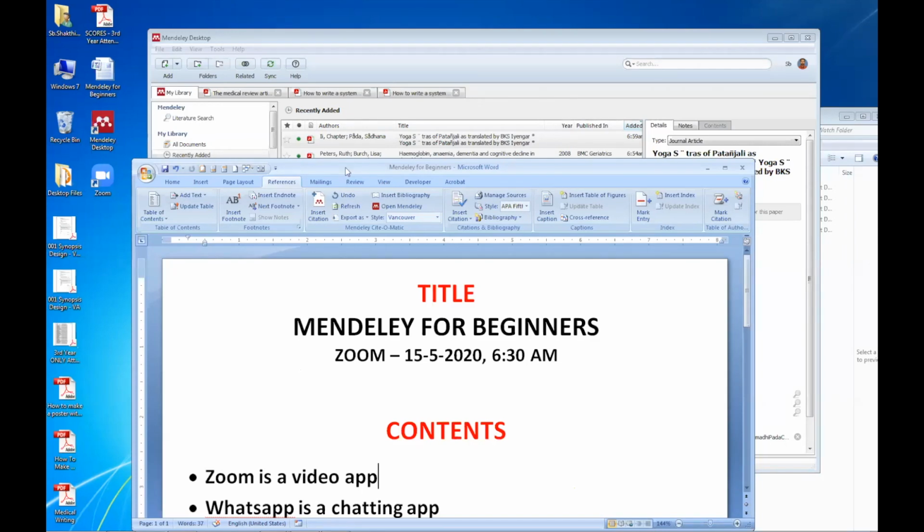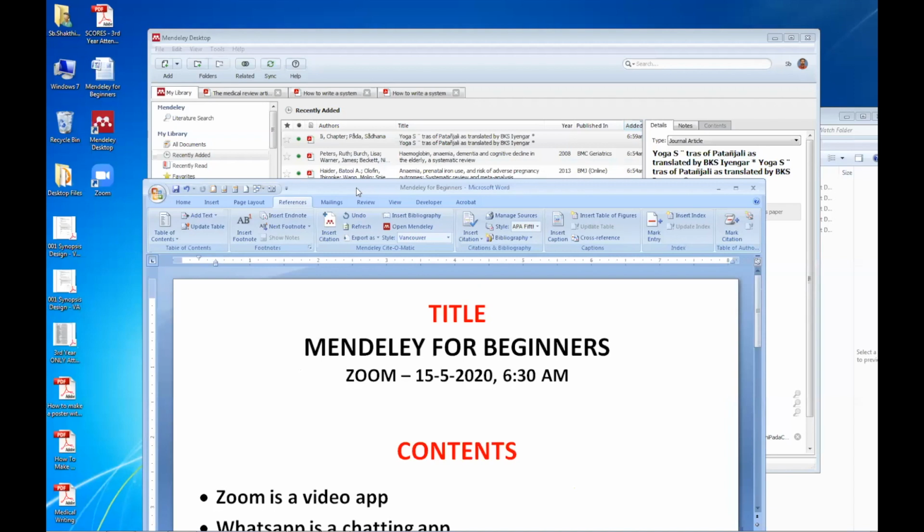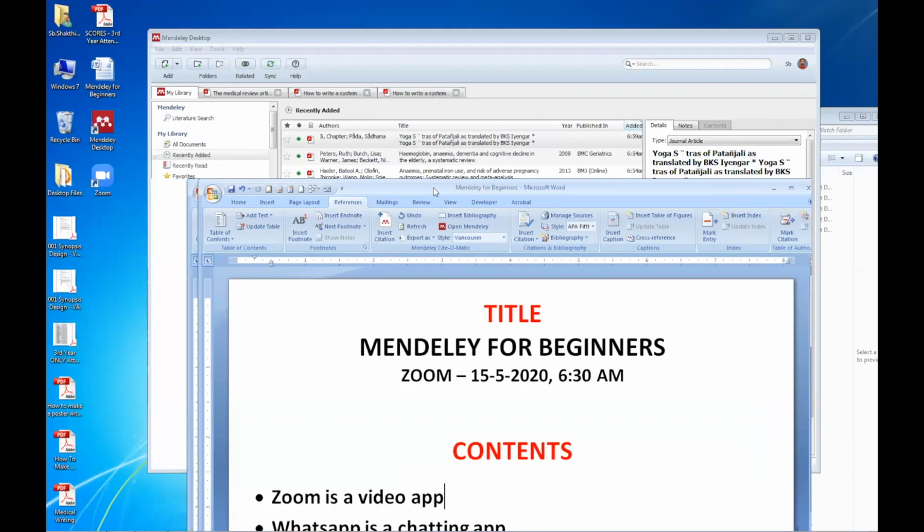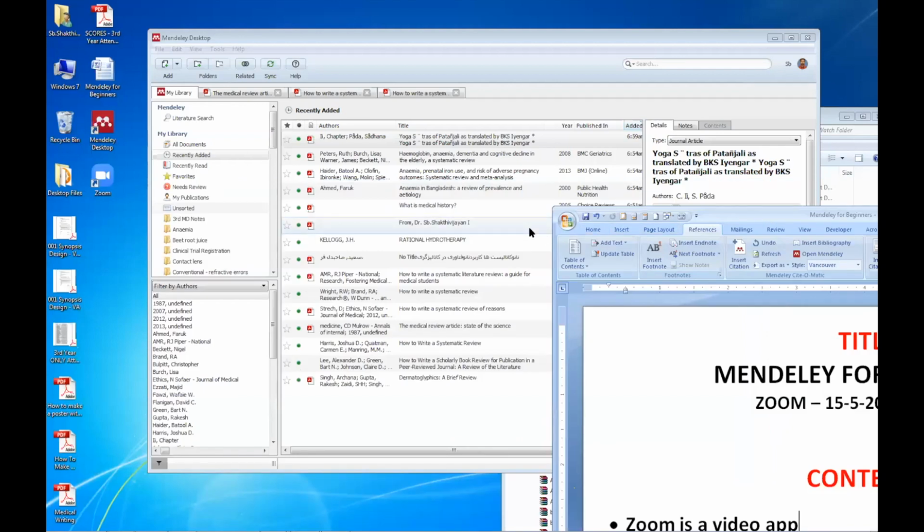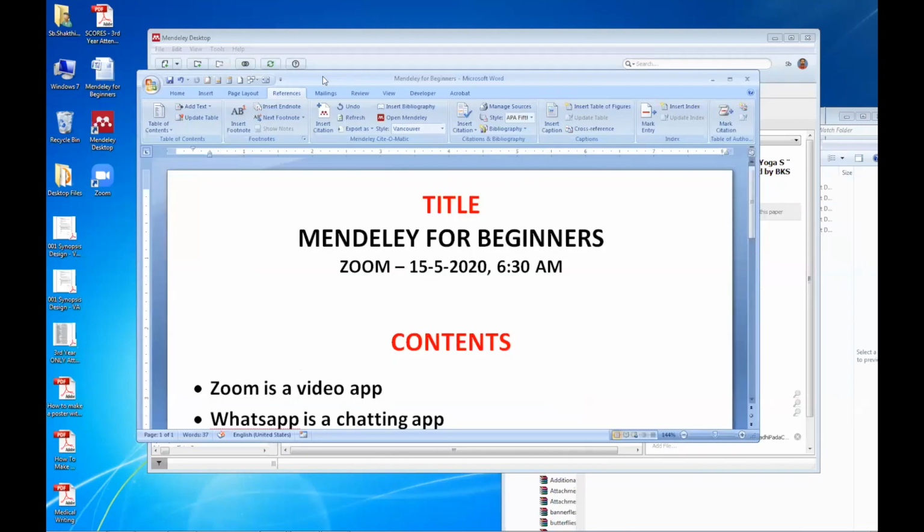Now, I have used Mendeley for searching. I have collected all the PDFs, whatever I require. I have gone through them. Now I start preparing my literature review, or I start preparing my final dissertation, or whatever. Now, how do I start that? I come into a Word document, and the university or our workplace requires a format.